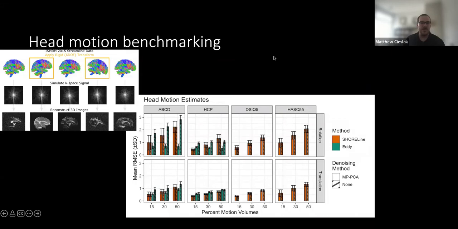So our benchmarking test for the SHORELine head motion estimation was we took the FiberFox software, which starts off with a set of streamlines, and we took known translations and rotations and applied them to those streamlines. Then FiberFox took each of the transformed or untransformed streamlines, simulated a signal acquisition based on a cell compartment model and the response to it, and gives us an entire sampling scheme. And we tested the ABCD sequence, the HCP sequence, a 257 direction DSI, and then a 55 direction compressed sensing